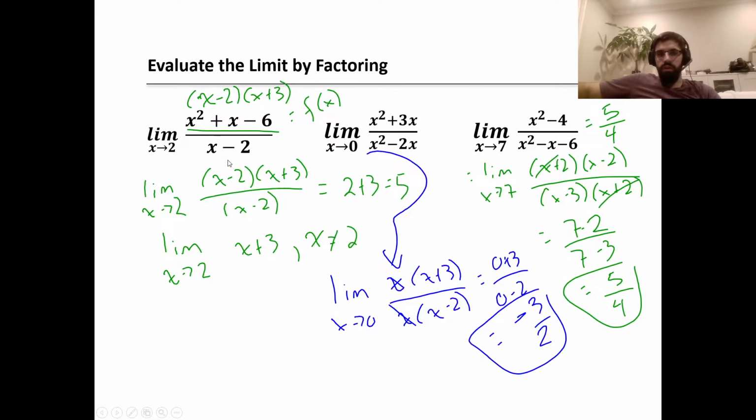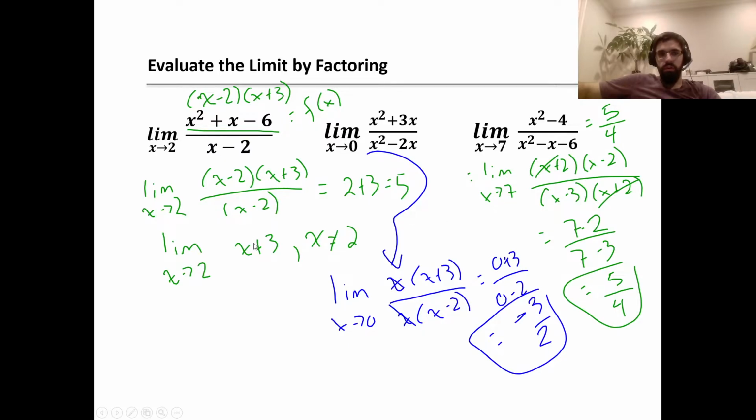What we can do is factor the numerator. The numerator factors to x minus 2 times x plus 3. When we factor this, we see that we have x minus 2 as a factor in the numerator and the denominator. So we can simplify this function to be just x plus 3 if we exclude the value x equals 2, because the denominator can't equal 0, so x can't be 2. However, when we're just doing direct substitution,